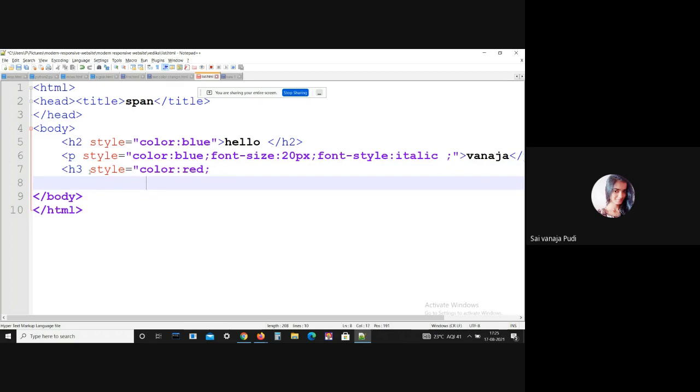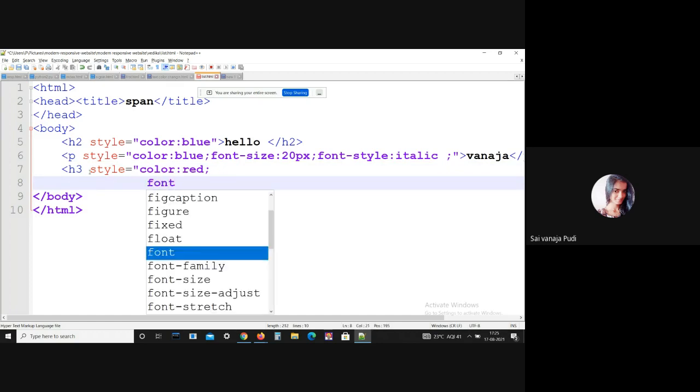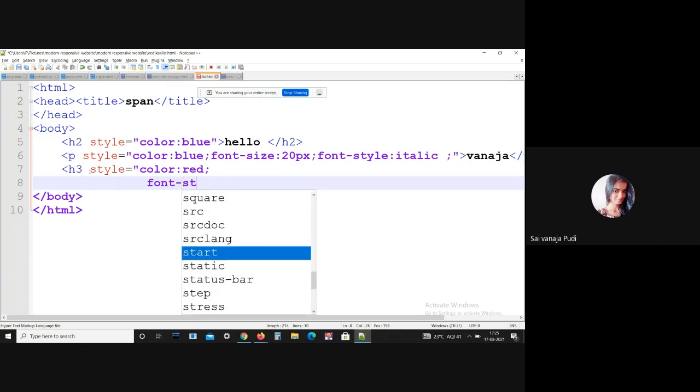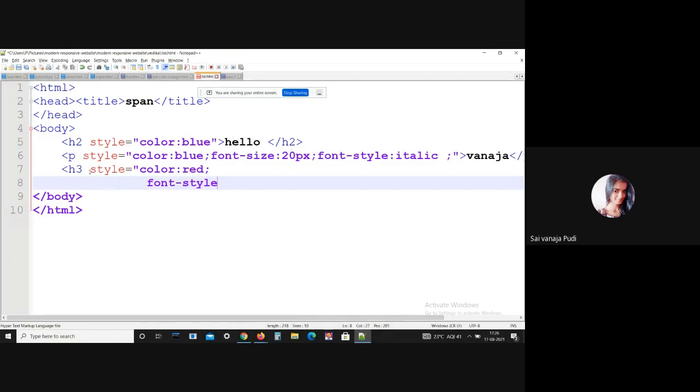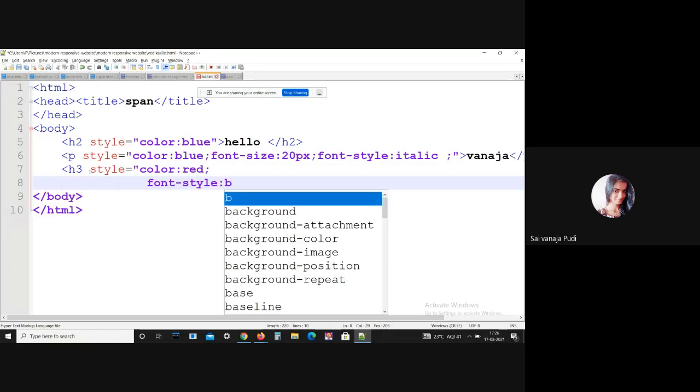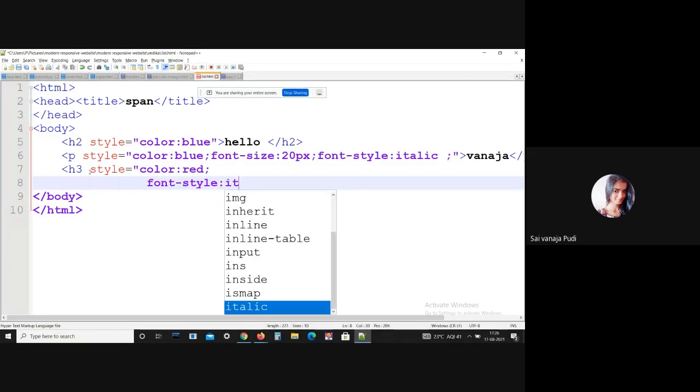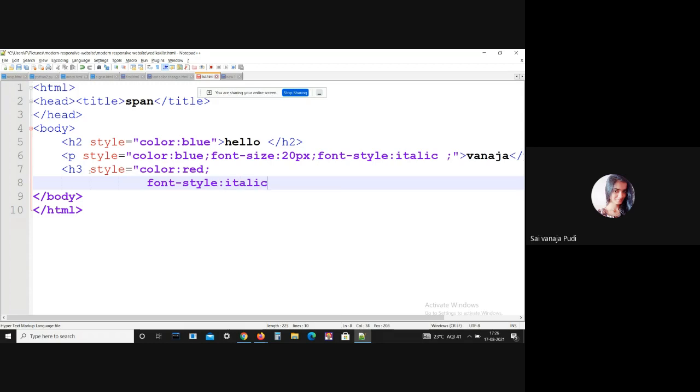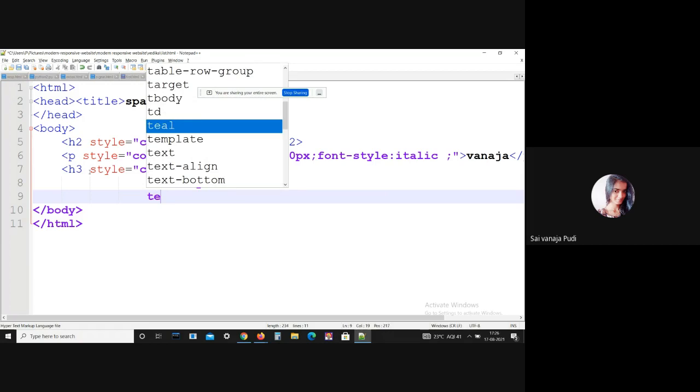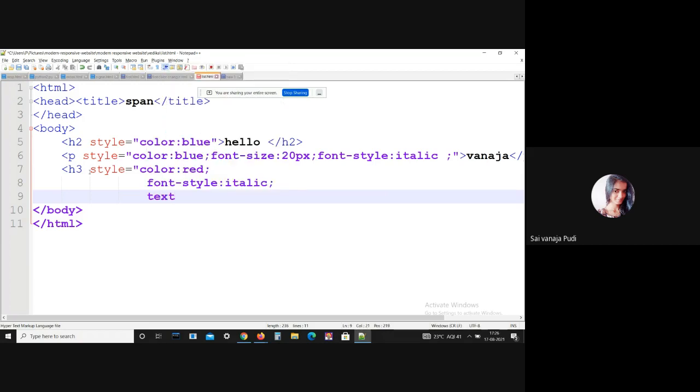And let me add font style, that is italic, bold, I don't know anything except bold and italic. And here I just want to add text align, and that is center.